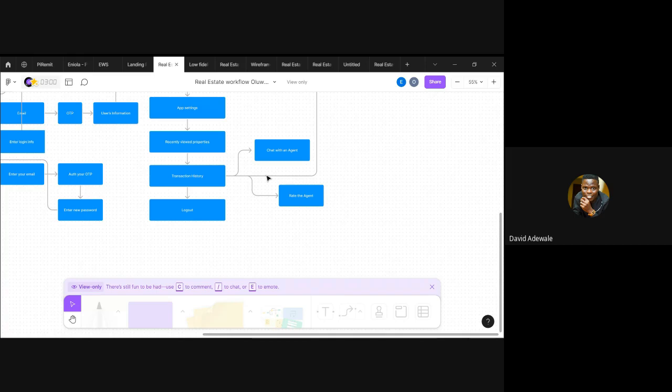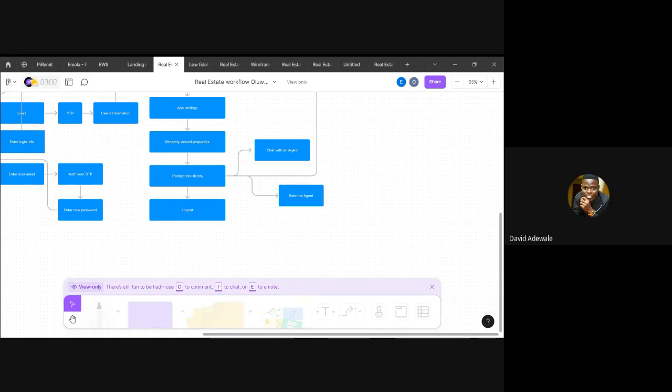All right. So why do you have your chat with agents after the transaction history? I feel like most times, due to some kind of wrong information or transaction problem, you could want to talk to an agent to confirm receiving payment or not.